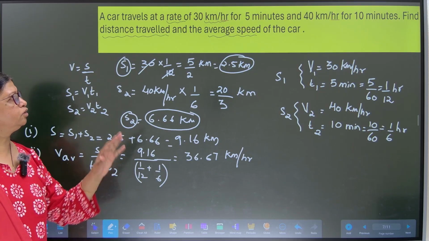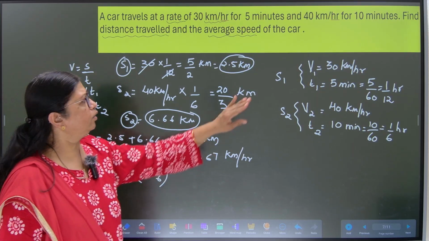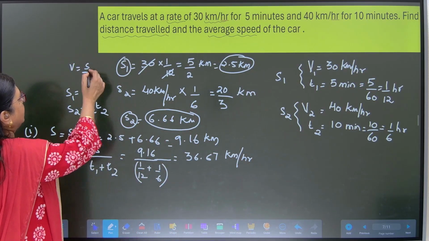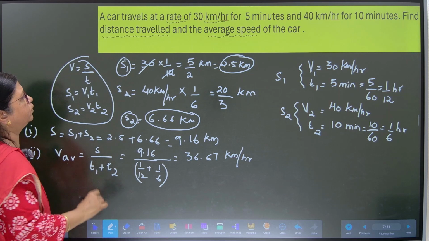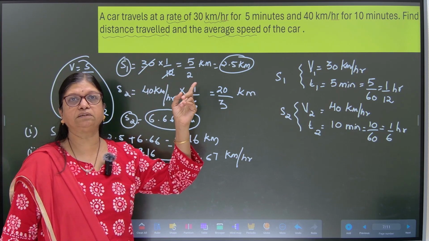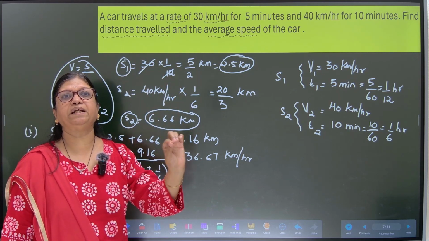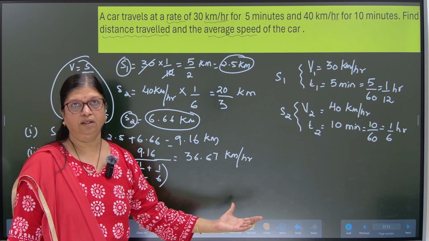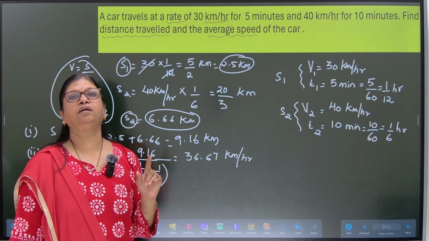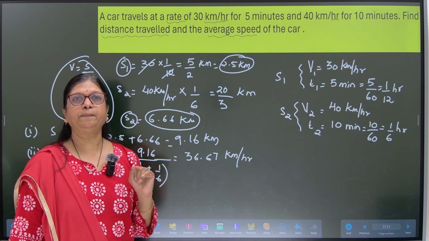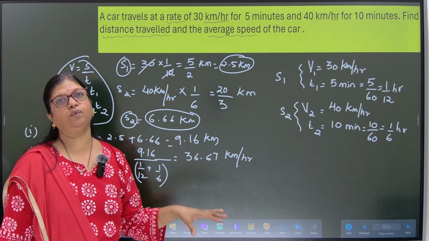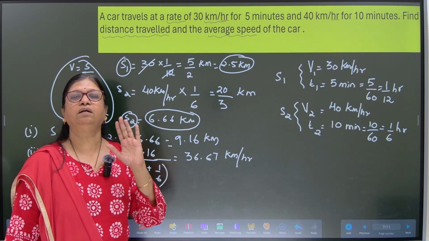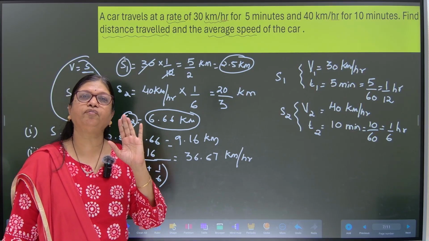Fine. Okay. So very calmly you note down what is given, write down the formulas as I have written here, use the formulas as they have asked, and find out the things which we have to find, total distance and the V average. Okay, so I'll just move and you just take a pic of what we have done just now and how we solve the numerical. Keep your mind cool and try to solve the numerical with what you know.